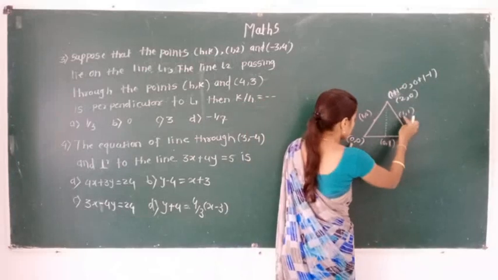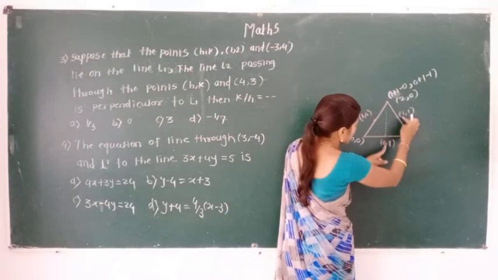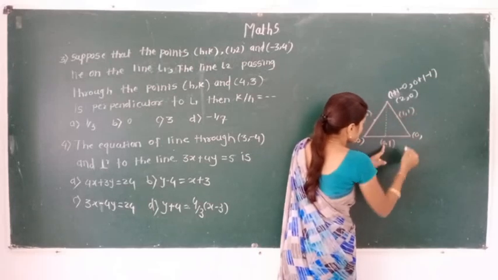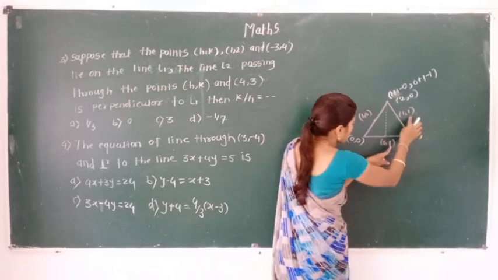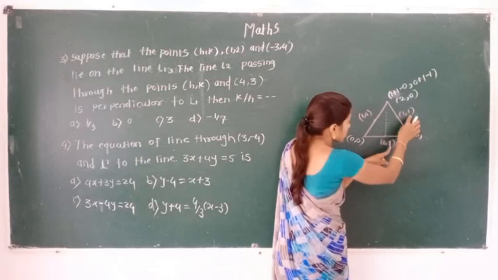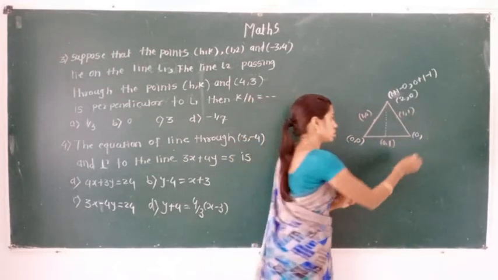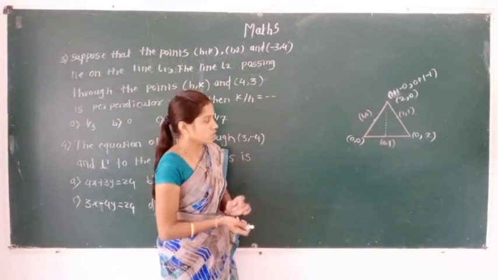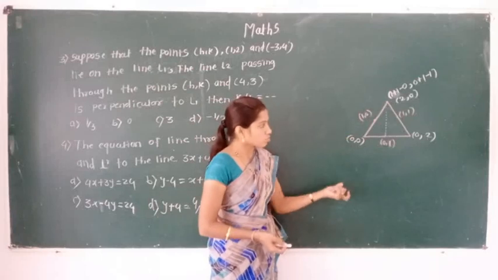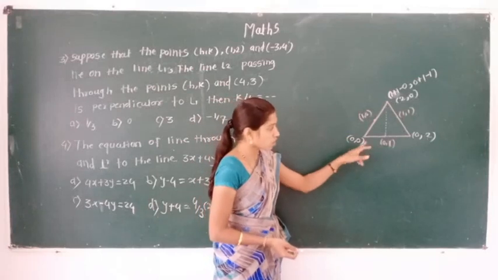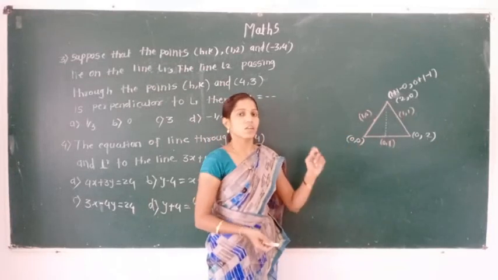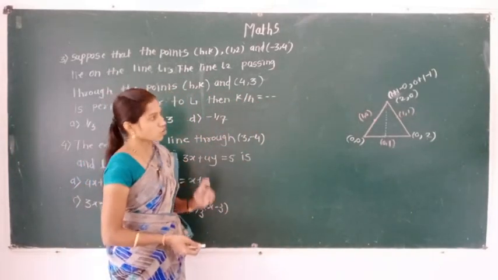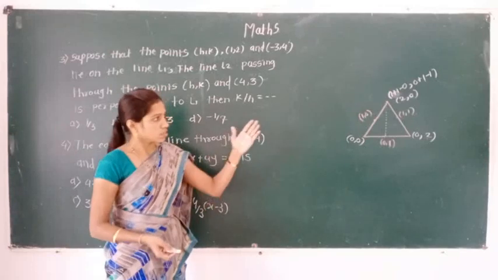Similarly, take the sum of these 2 points. 0 plus 1 gets 1. 1 minus 1, right, here 0. And the sum of these two terms, here 1 plus 1 gets 2. 2 minus 0 gets here 2. So use this method, and similarly we have to use the remaining procedure. First of all, we have to find the length of all sides and use the formula for the incenter. We get the x coordinate of the incenter of this triangle.